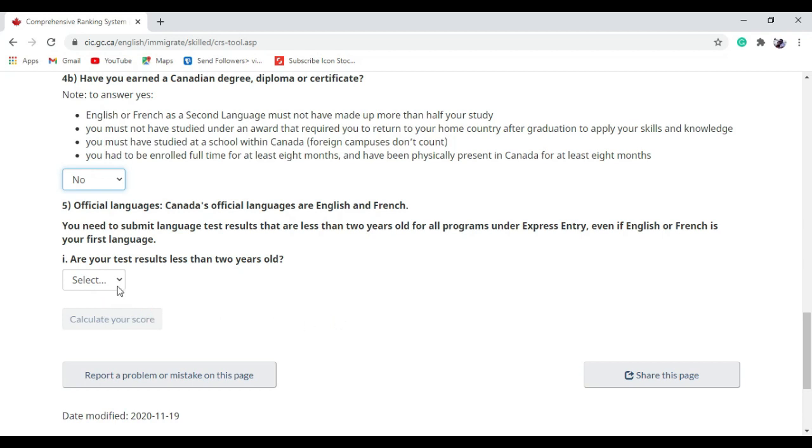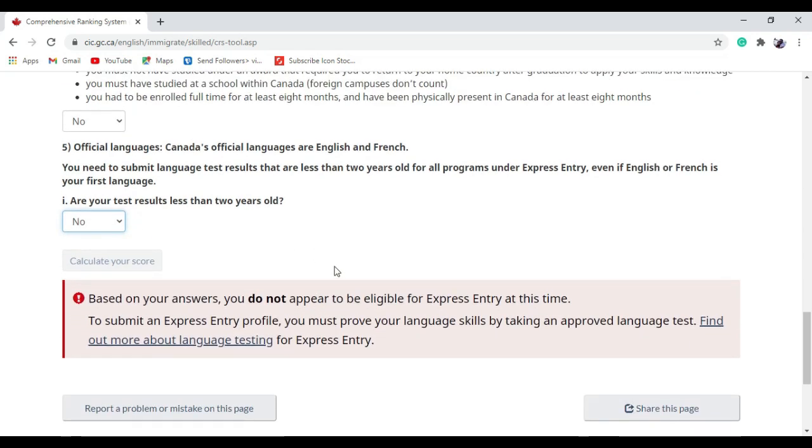So now we go to this question which says, are your test results less than 2 years old? I just select no to show you something. Let's see what will come. If you select that it's not less than 2 years old, the CRS calculator on the government website directly tells you that you do not appear to be eligible for the Express Entry program.